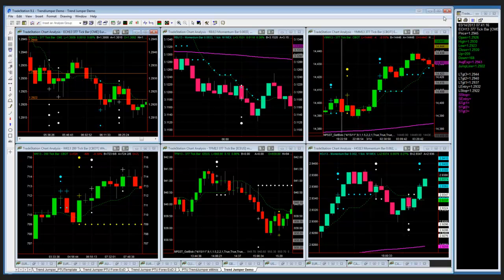So, ask yourself, what's a better approach? Maybe you can think of that end of day strategy as a way to scalp swing trade, based on the time invested in the market. Is that a better way to trade? I personally think it is. Anyway, Brian, that's a look at Trend Jumper. If we want to look at more examples, maybe we can in the Q&A, but let me hand it back to you.